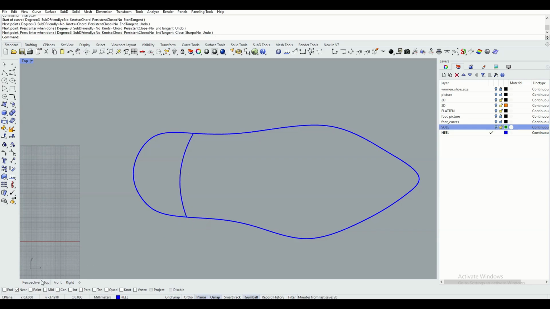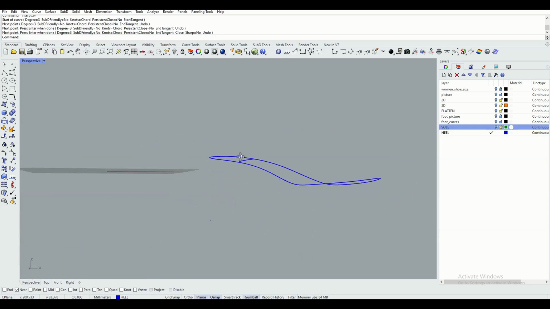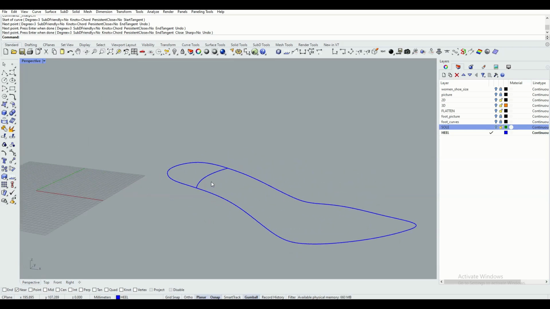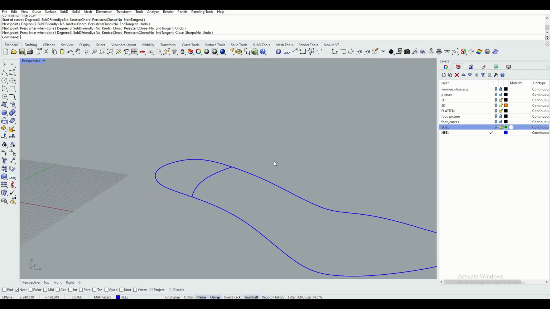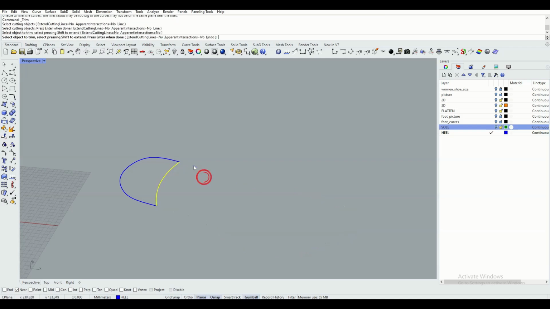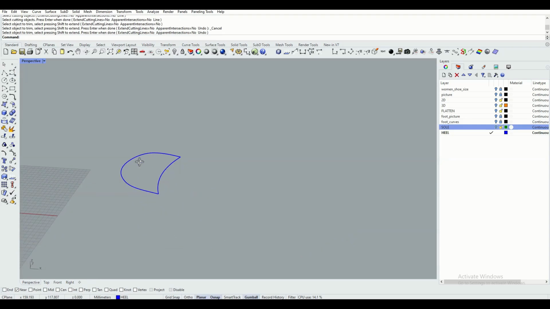That way we got a 3D curve connected to the two sides of this curve. Use trim command to delete that part of the curve. This is what we got.